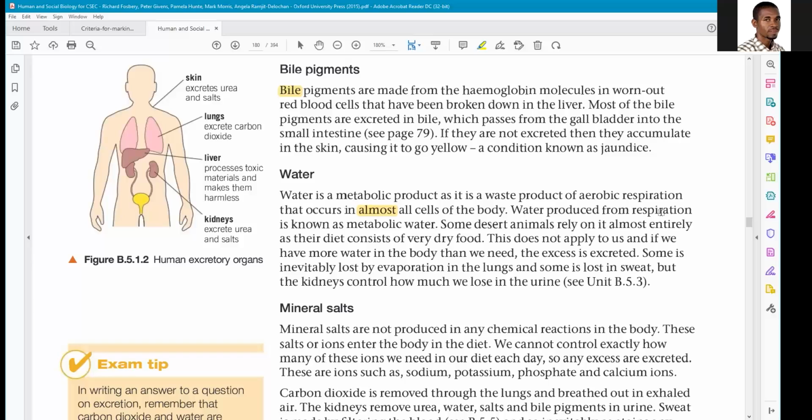You have seen reporters speaking in cold regions, and when they're talking, I can't say you see the water vapor, but the water vapor actually condenses and forms a small cloud coming out of the mouth. That tells you that we exhale water vapor. There's the evidence. Now the urine,